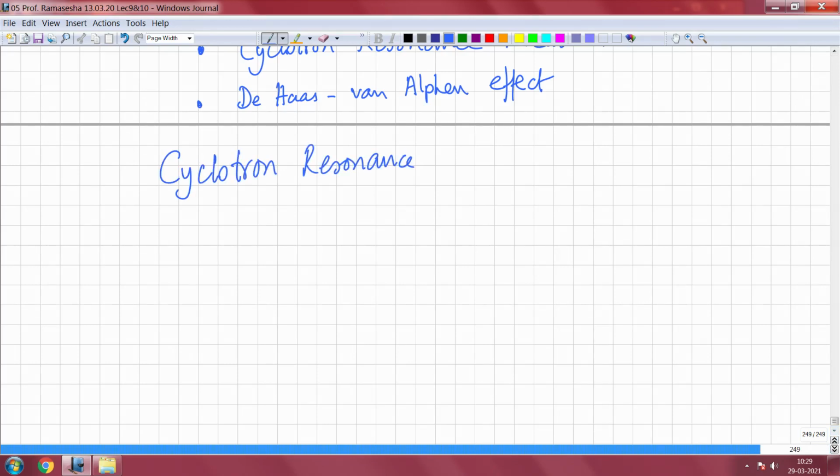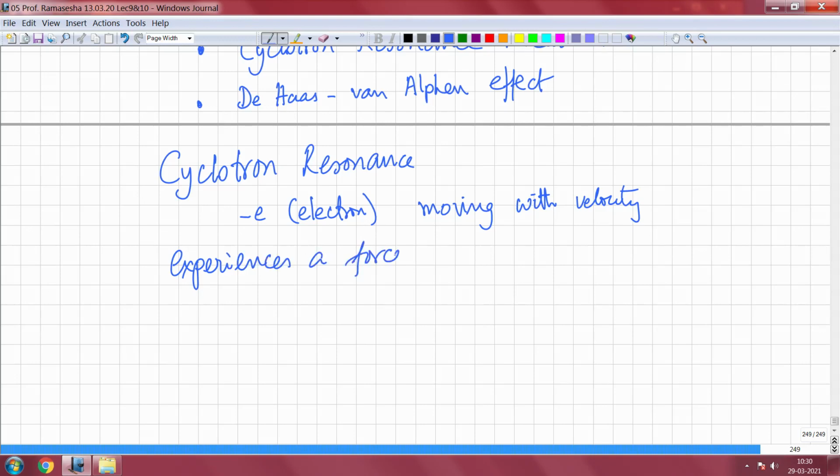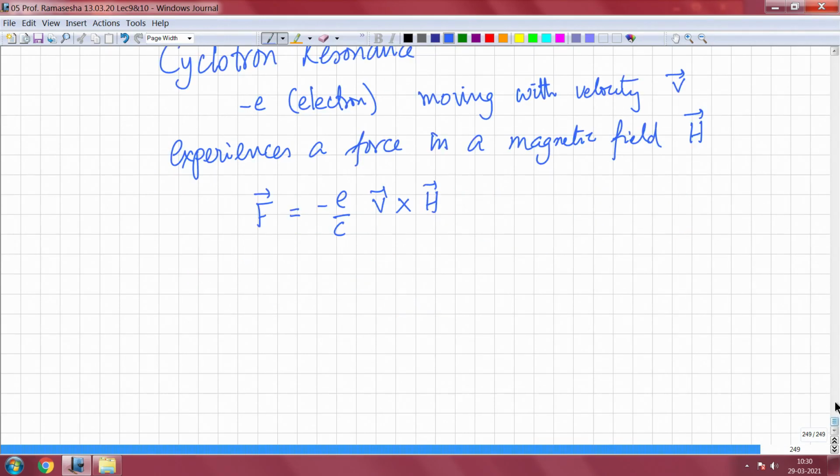If we are looking at a charged particle, say an electron, with charge minus e, moving with velocity v, it experiences a force in a magnetic field H, given by F equals minus e by c, v cross H. If the field direction is z,